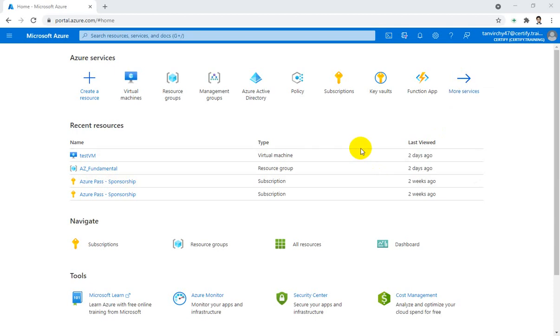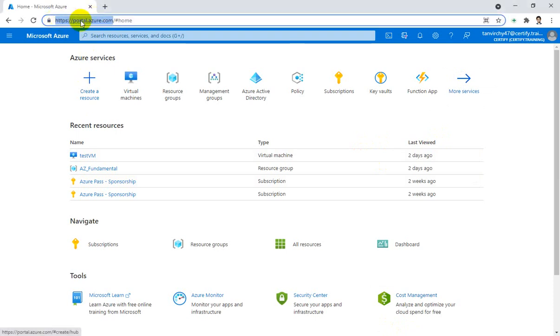So hello everyone, today's lesson is how to create a web app using the Azure portal. To do that we have to go to the Azure portal. So you have to type this URL portal.azure.com. Then after putting your email and password you will go to the